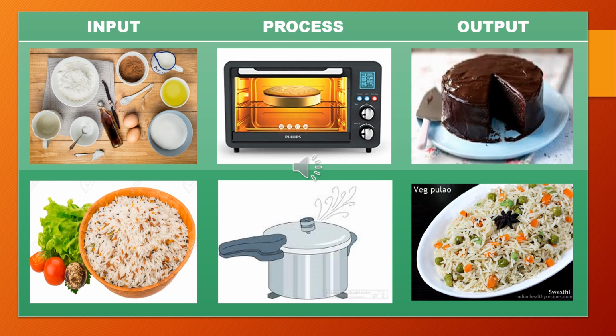Same way, in the next picture, you have raw rice, vegetables. That is input. That means you will put it in a cooker or some other utensil. The second step is process. After you are done with giving the input, you will put the lid on and it will whistle, and when it is done, that is the process. Whistling sound and heating, all this comes under the process. And afterwards, after 20 minutes, what will you get as the output? Pulao. I think now you have understood.